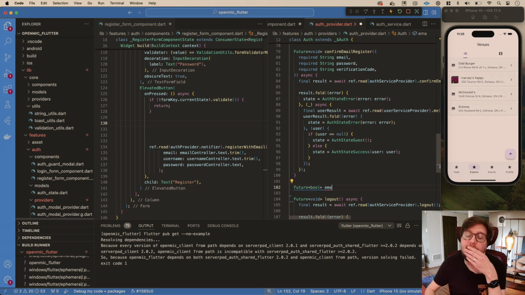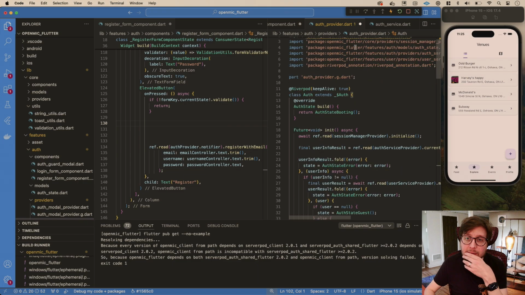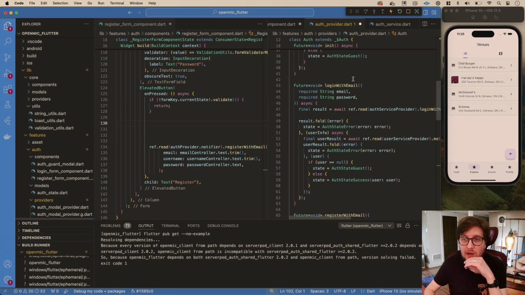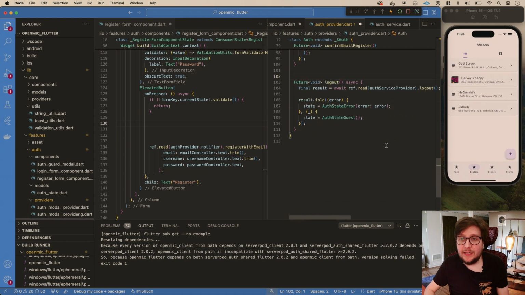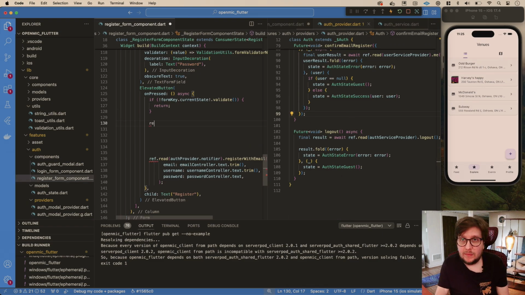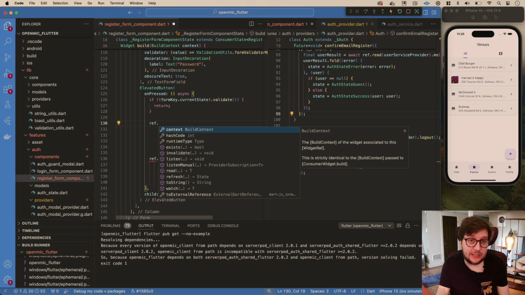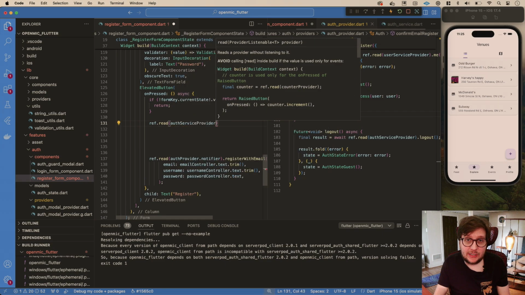In this, you know what? I don't think, because our provider basically deals with calling our service and then updating the state accordingly. I think in this case, we don't necessarily need to tie this into the provider. We can actually just go ref.read, and we can use our auth service provider, and then we can actually call